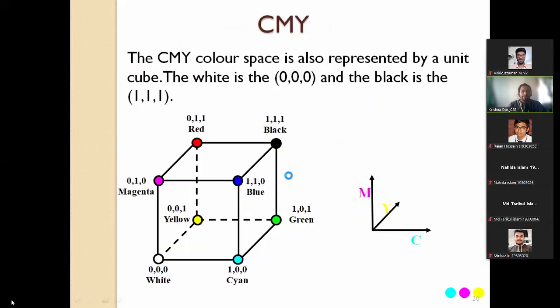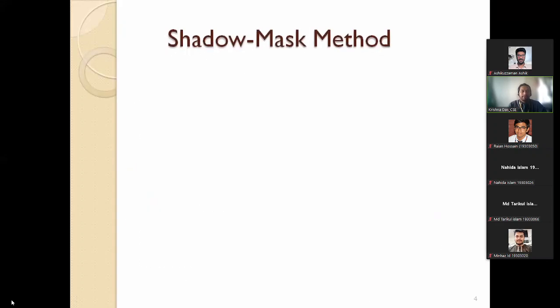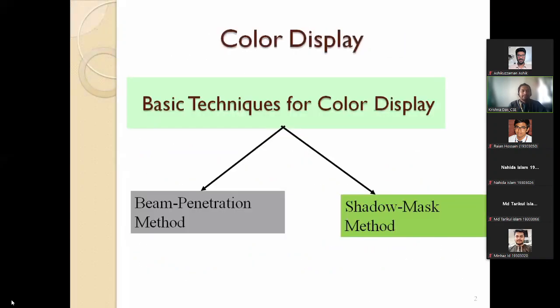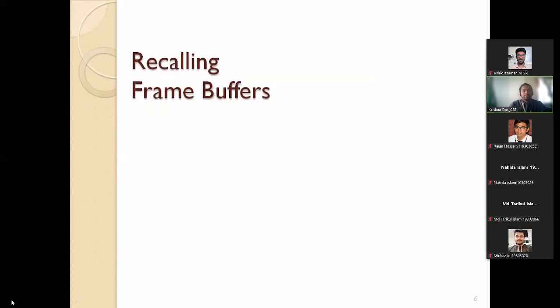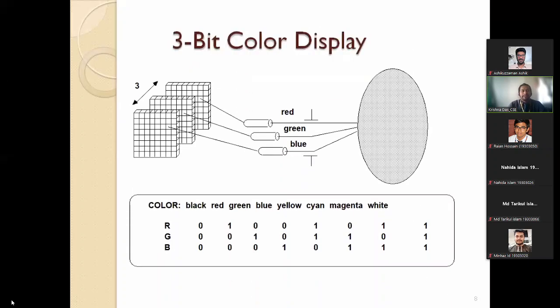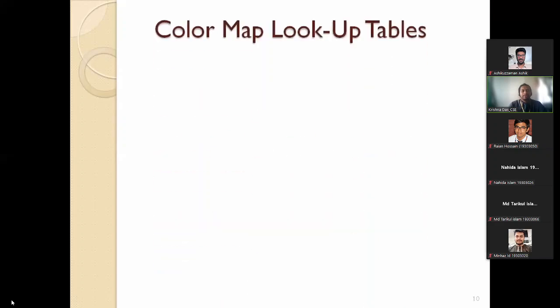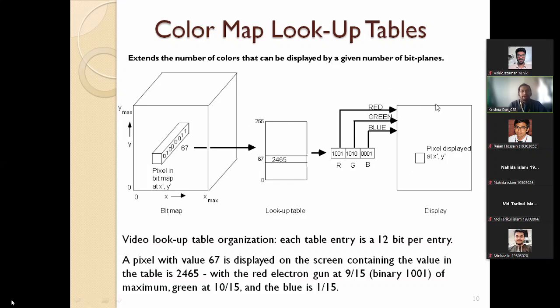I just quickly point this out for your further reference when you are preparing for your exam. In this chapter we basically discuss the relationship of color and display, how the color is displayed, what we call the video color map lookup table and its organization, and how the interrelationship works. This is important: one pixel has been given some address with some color value, so how can it be represented? That is the simple way to say it.